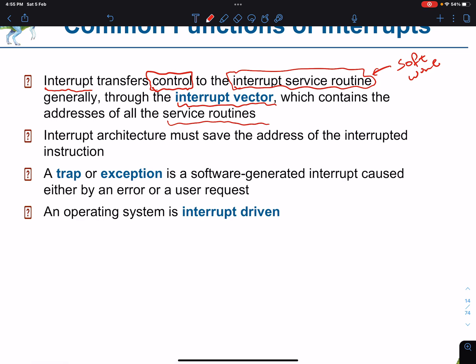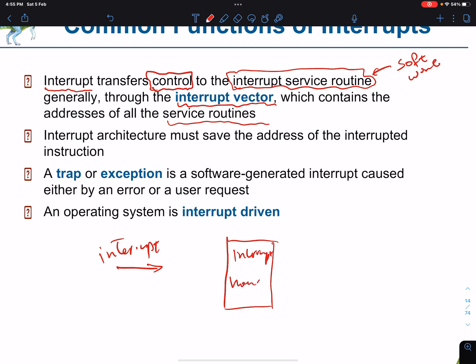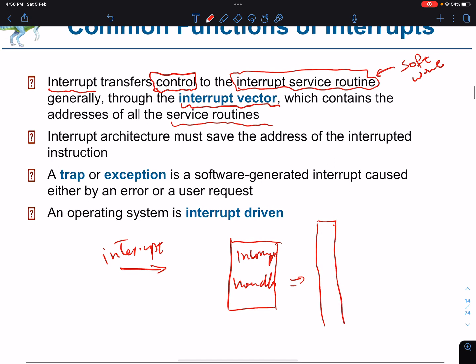So you have here an interrupt. The interrupt goes to what I'll call the interrupt handler. This interrupt handler deals with the interrupt vector.